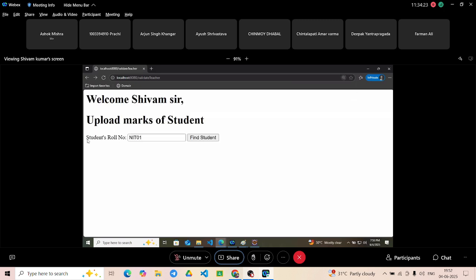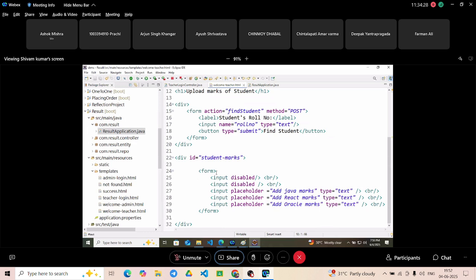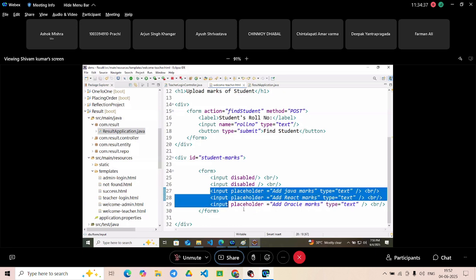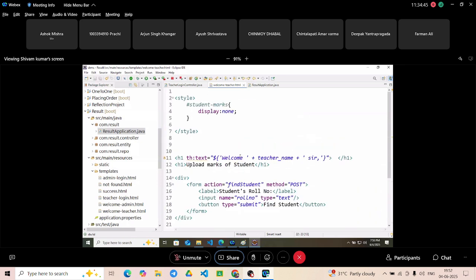In this particular welcome page, we have one form, and inside this form, if you check this input disabled, then these are the three placeholder values available. And this div with the ID student-marks is disabled here. Now, if we want to make it work properly,